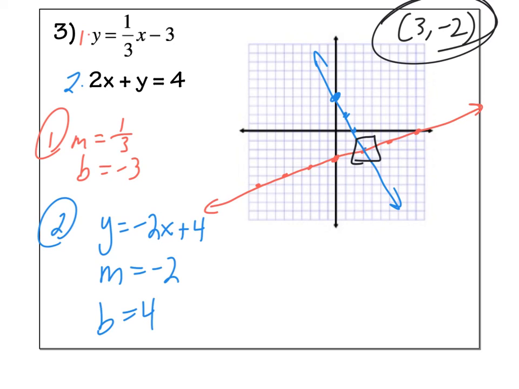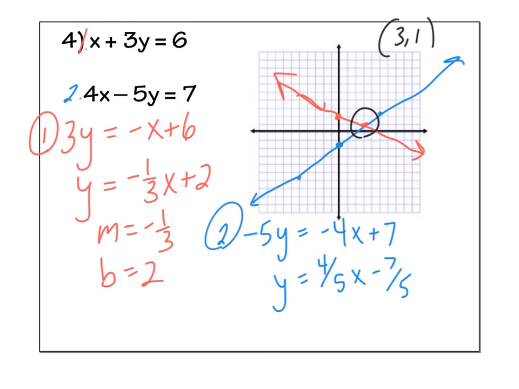Alright, here's the solution for number 3. The answer is the ordered pair 3, negative 2. So go ahead and fix any mistakes that you had made, or continue on to the next problem. Okay, here's the solution for number 4. The answer is 3 comma 1, and number 4 here was kind of tough because you had two equations written